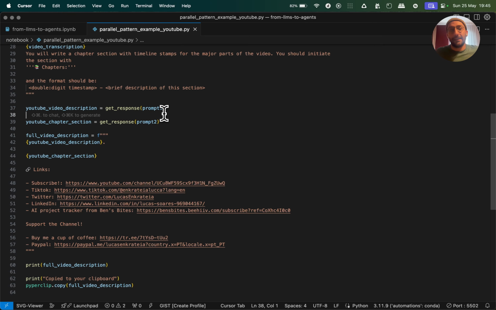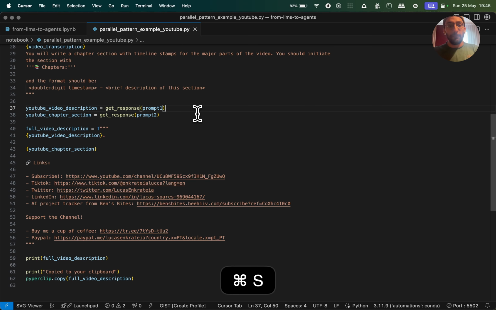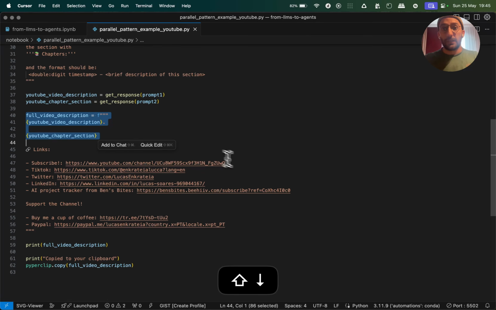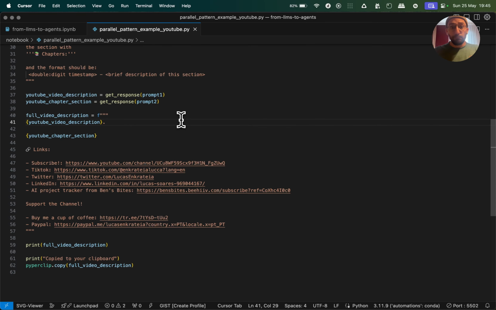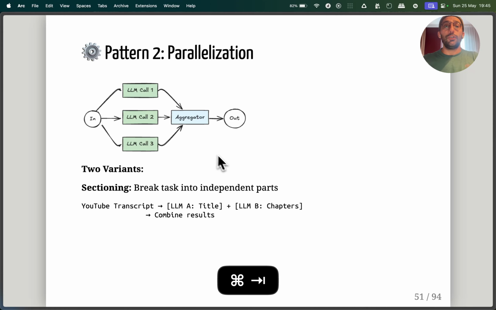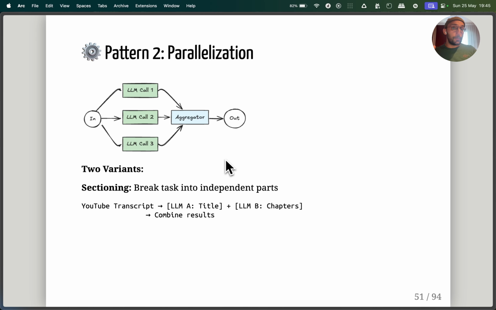If I wanted to be more efficient, I could have run these two prompts in parallel with an LLM API, and then I put them together, aggregating the result into something. And the aggregator doesn't have to be an LLM, it can be just code like in this example, all right? This is an example I like because it demonstrates that you don't necessarily need anything super fancy when you want to do a few simple workflows and automations, okay?